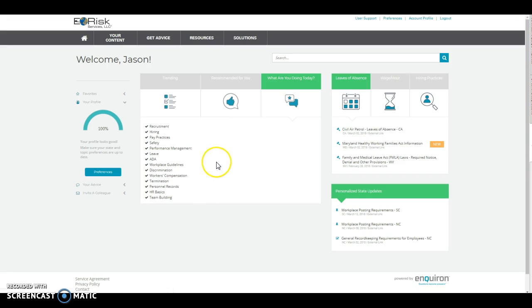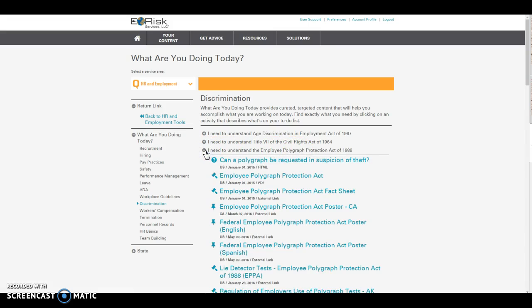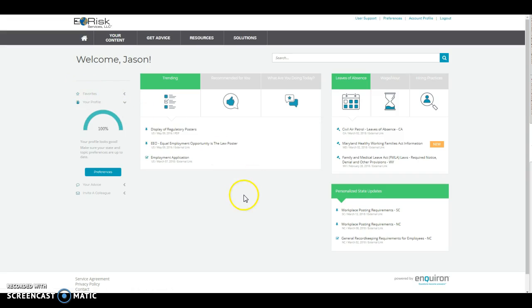So let's just say you are looking for information on discrimination. If you click here, you'll see different questions that you can ask to help you find the resources you need. If you're for some reason looking at employee polygraph protection, you'll be able to select here and pull up information. So it's just more ways to try and help you navigate through the system. There are thousands of resources available to you. So we'll go back to the your content page, and